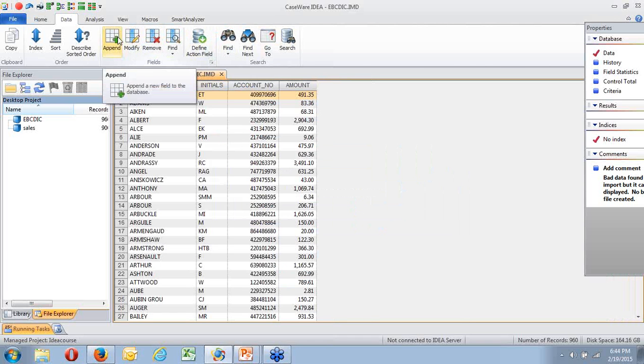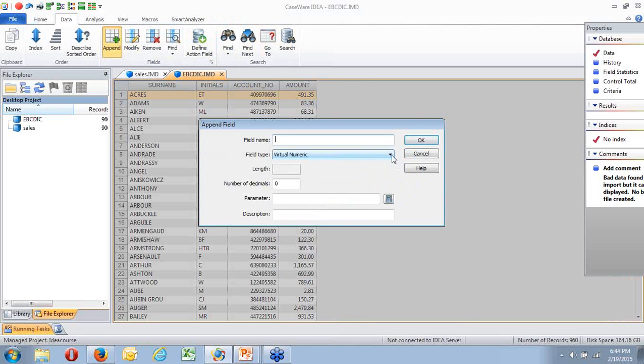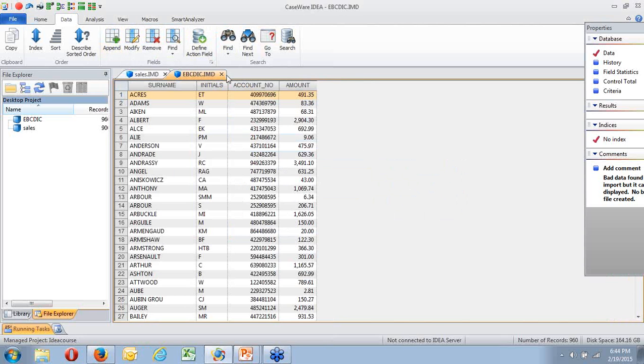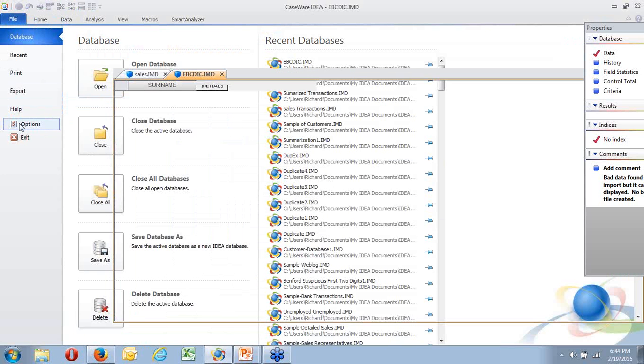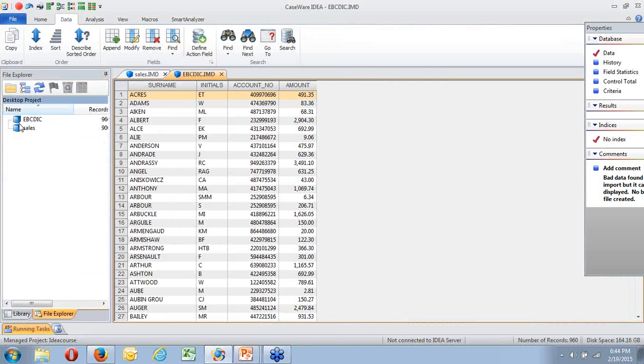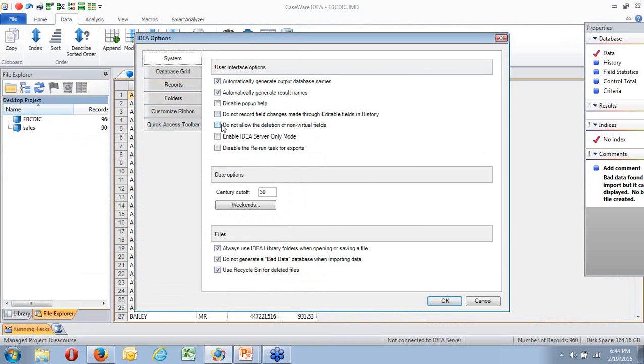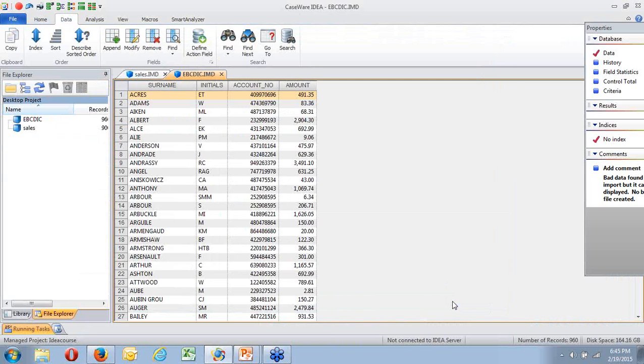Okay. I can go and add it in. I can append a new field to it and do it that way. Okay. If you are going to delete, always remember to go back to your options and change that to not allowing the deletion of non-virtual fields again.